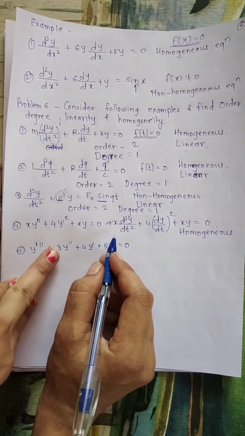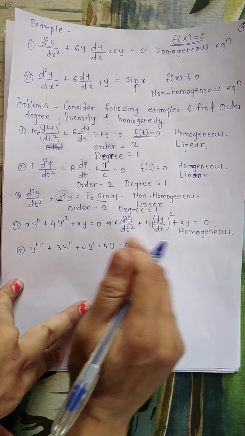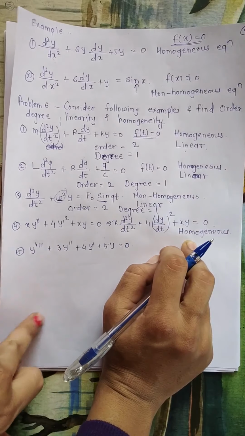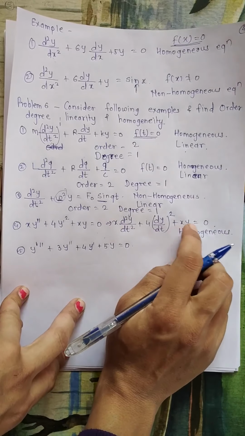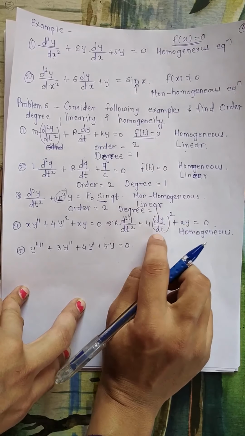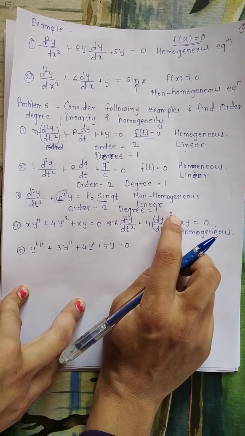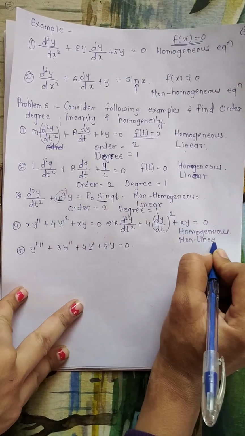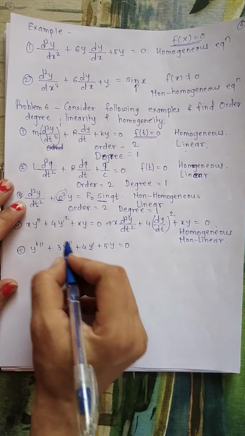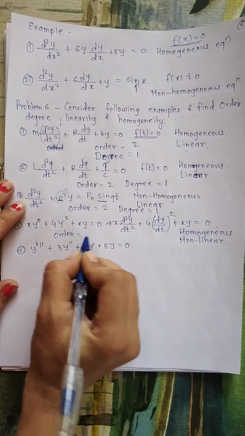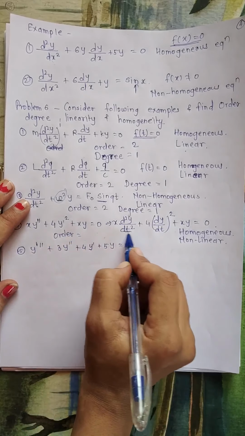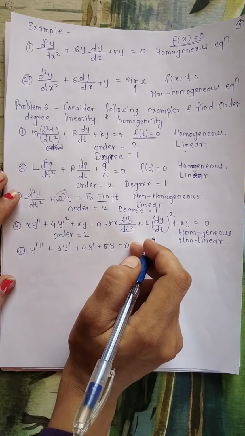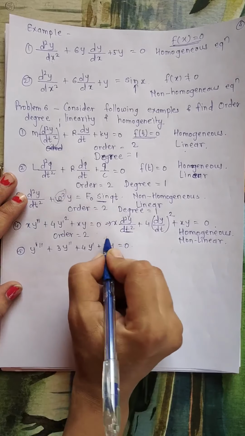But if you check for linearity, in this equation there is a term which contains the product of x and y, that is the dependent and independent variable, as well as the power of the derivative being greater than 1. This means this is a non-linear differential equation. And let's check for order and degree. The order is that of the highest order term, which is 2, and its power is 1. That means the degree of this differential equation is 1.